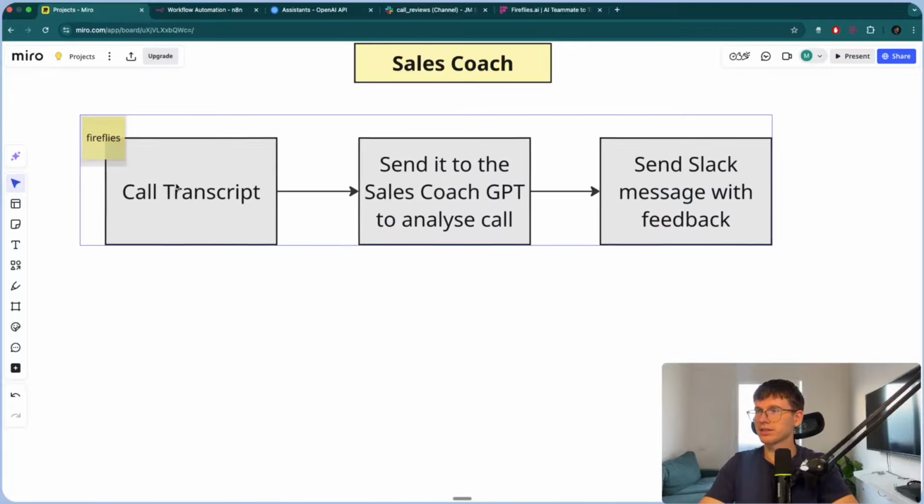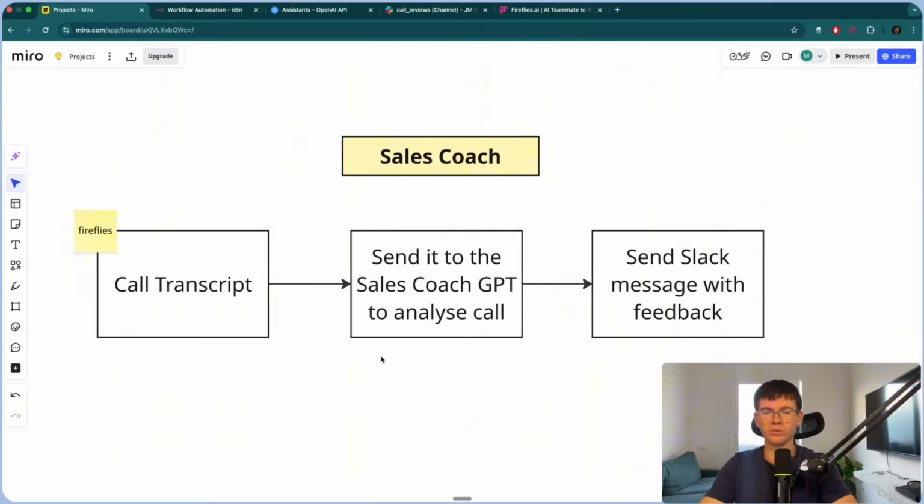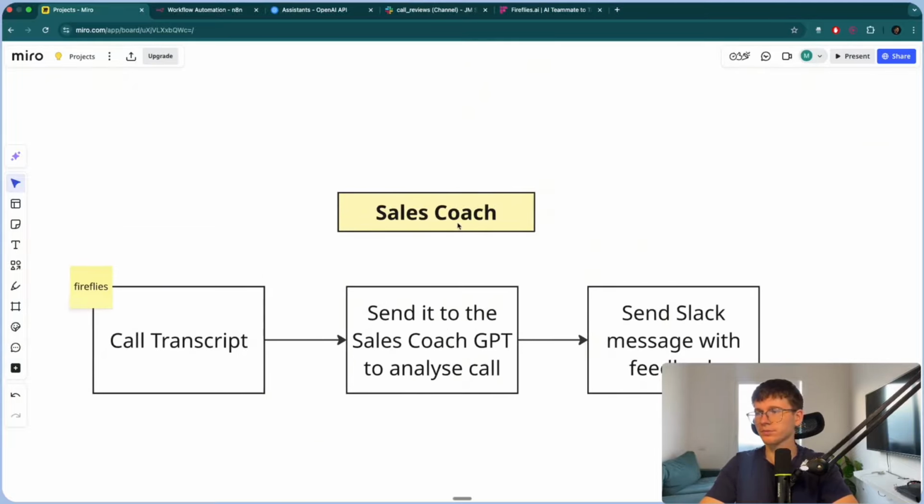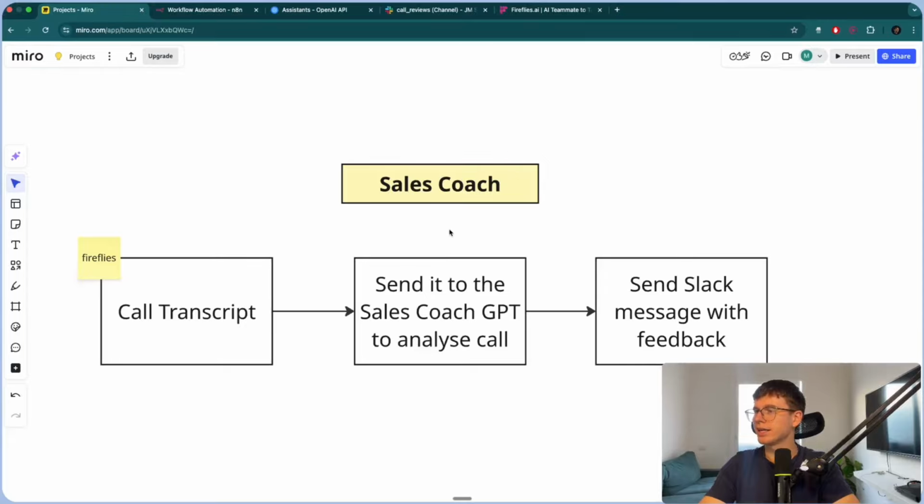$3,000 for something like this. That took me about what, 1 to 2 hours, because it was the first time. But if I were to sell it to another person, I would take maybe 30 minutes. It all really depends on what document you're using for the GPT to actually compare the sales call. All right, so with that said, let's start here.